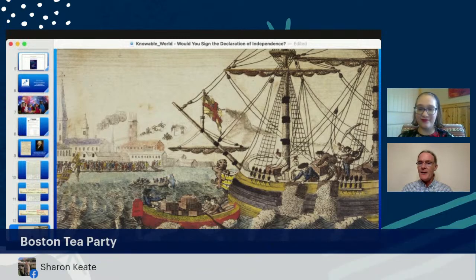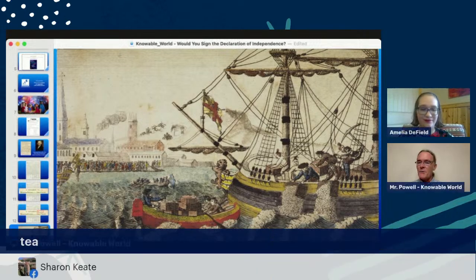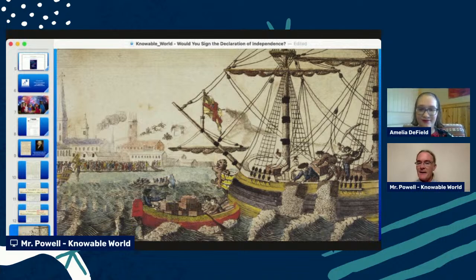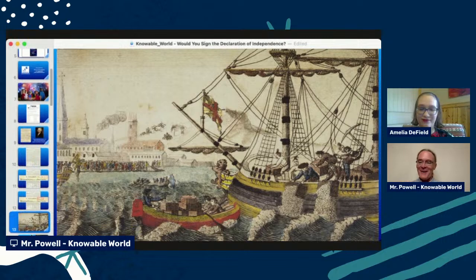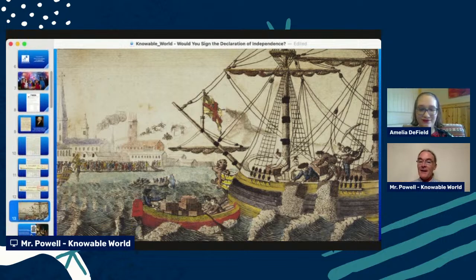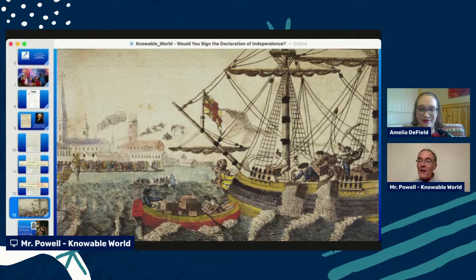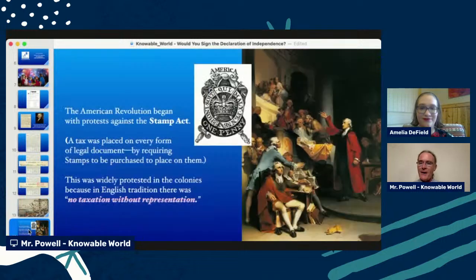So what was going on here was tea was being brought into the Americas via the British Empire, which was worldwide, and tea was being brought from places like India. And there was a tax on that tea, and the colonists said, we're not drinking it. They went on board in Boston, they threw it overboard because they'd already been arguing with the British Empire for about 8 years going on about this whole issue of taxes and who gets to put taxes on Americans,